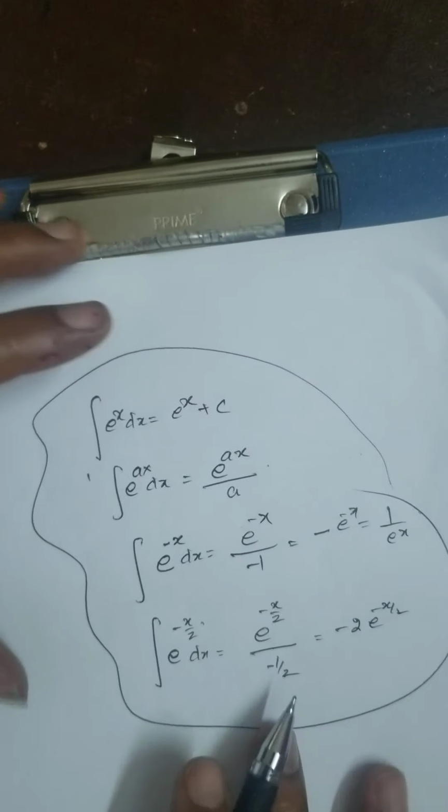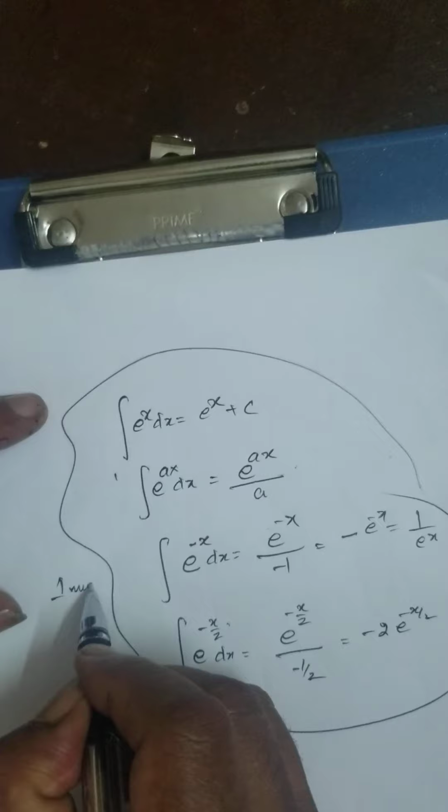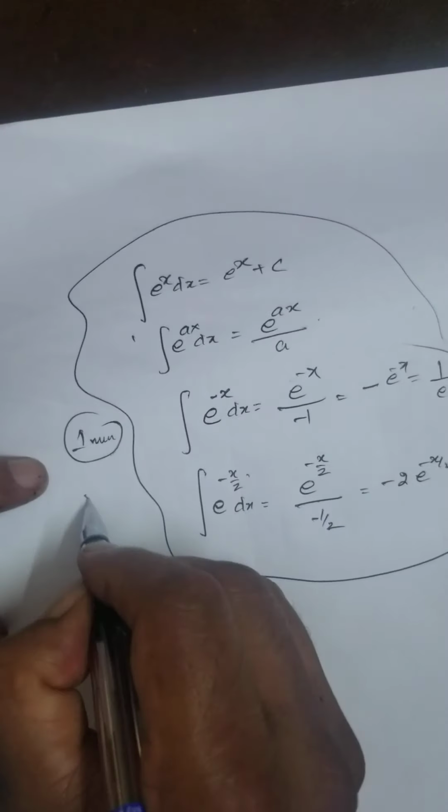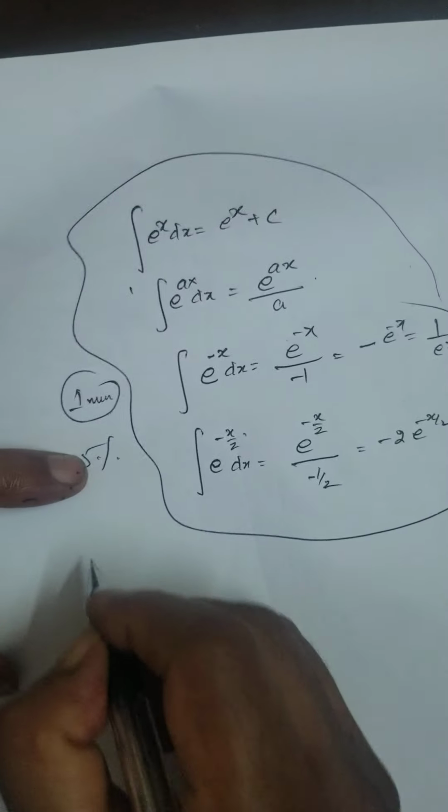This is a simple example. How you are going to finish in 1 minute. Right? A 5% confidence increase in the maths. Now again,